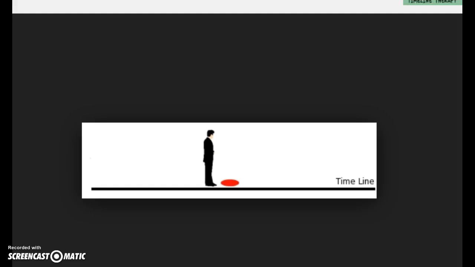Okay, so what we're going to do now is a little NLP timeline therapy using our resource state that we just learned how to generate by using NLP mindfulness, which was in the video before this one. So to remind you of the resource state,